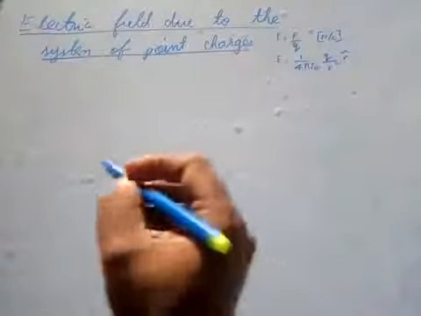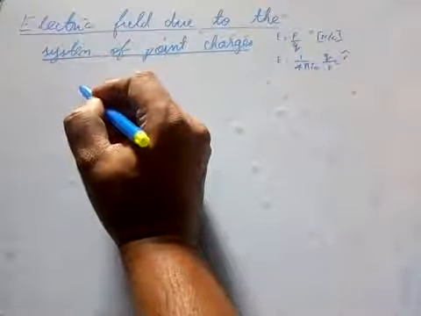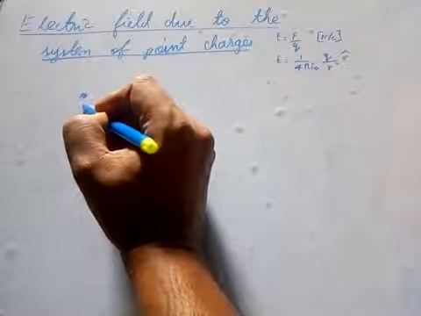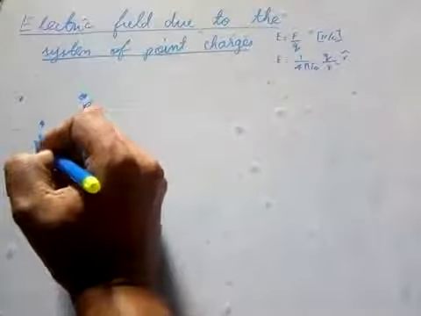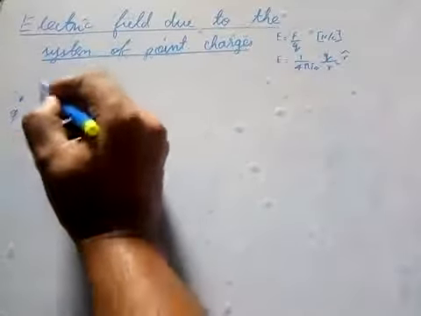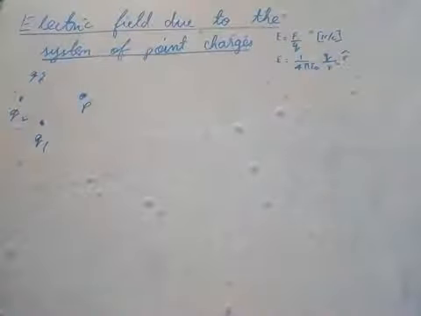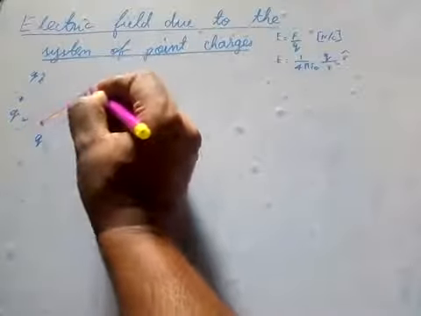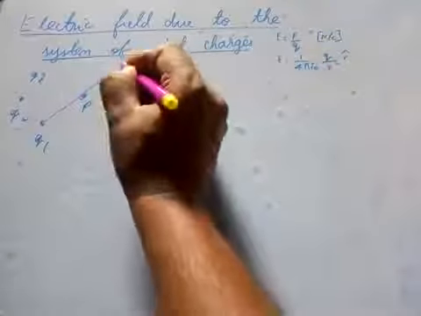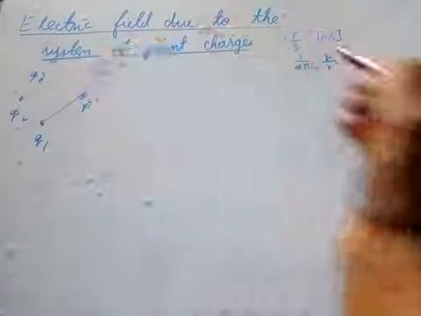Now let's see this formula, we're going to use it now. So let me take a point P here. This is a point P and there are many charges here. This is Q1, Q2, Q3. So these charges will give an electric force or electric field. Electric field due to Q1 will be acting this way. I can mark it as E1P, the electric field due to the first charge on the point P.